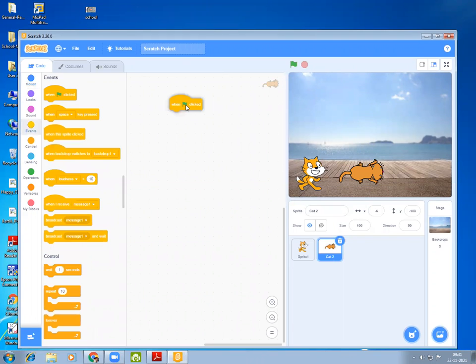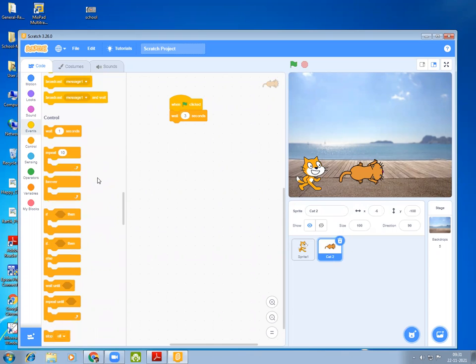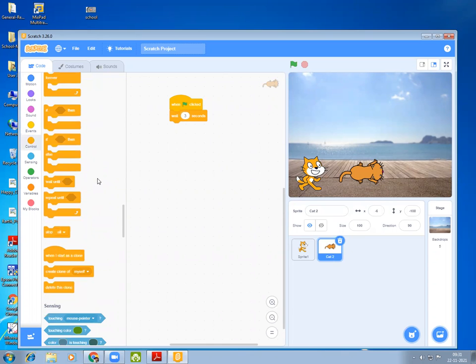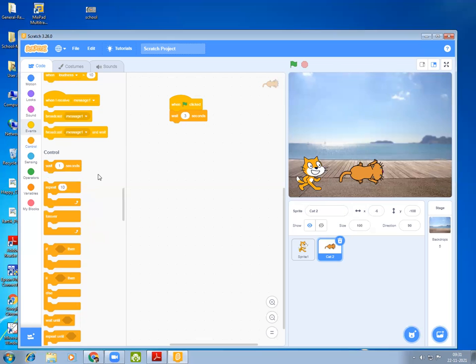So when green flag is clicked, wait for 3 seconds. Think block.